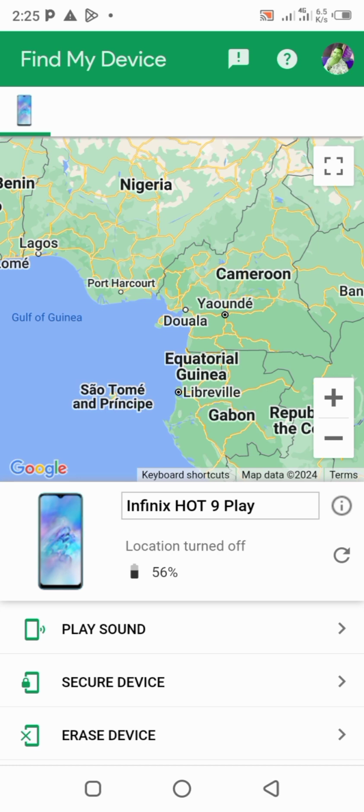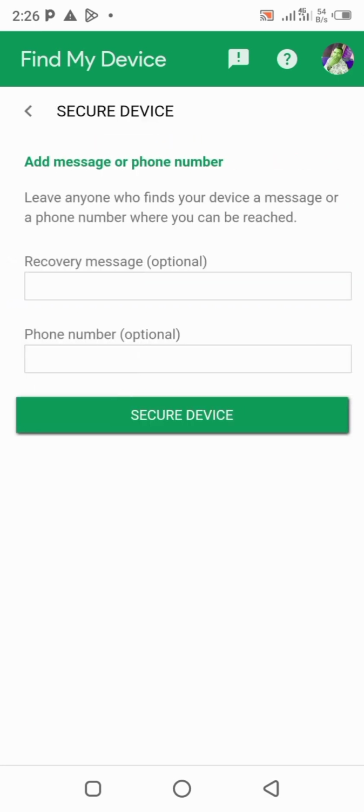Now if you don't want it to play sound wherever it is, and you want to lock the phone so that the person that stole it may not access it, now click secure device. When you click it like this, it will show you these things where you will put your message. It is optional. You can decide not to add any message. Where you will add your phone number. That is to say, when the person is carrying the phone, if you call that your line, the phone will ring wherever it is,